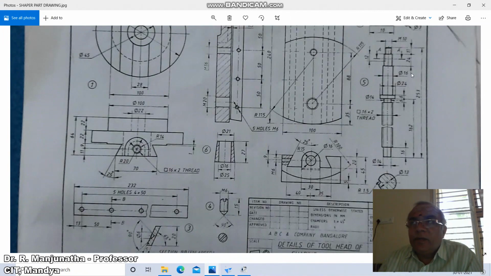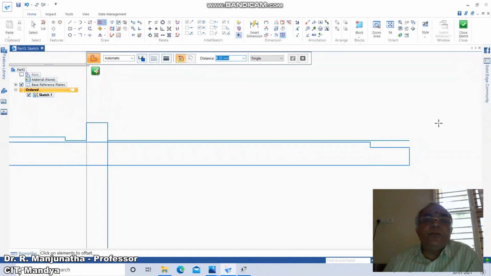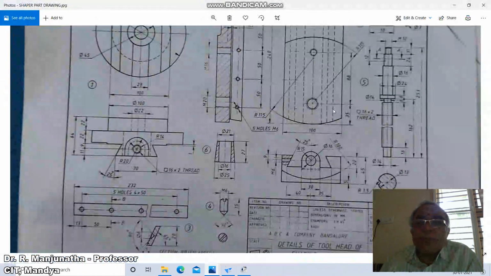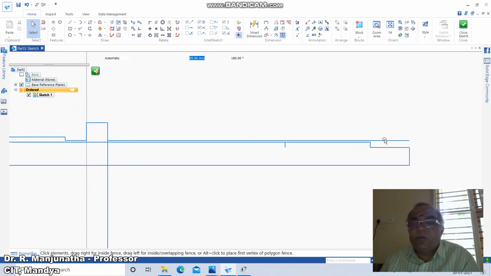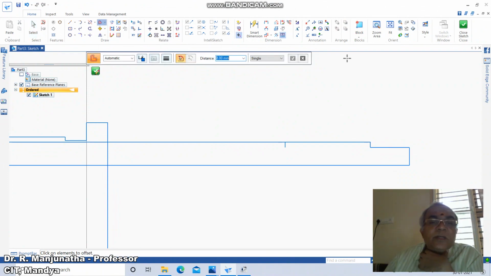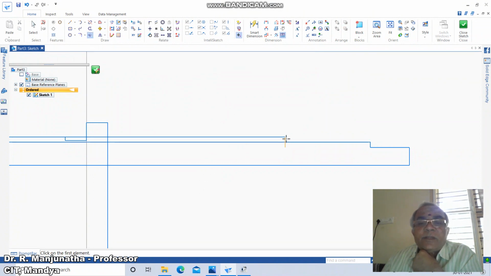From here you take 24, go to Offset, take the distance as 24 mm. You take this, then this point, 24, again you have 16, so you delete this line which is not required. Then go to Offset, take the distance as 16, so that is 8. From here you take 8. Go to Trim Corner between these two and between these two. This is going to end.